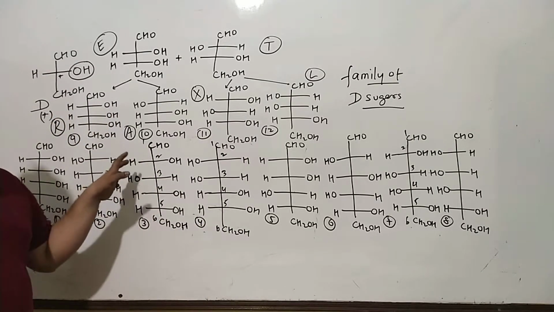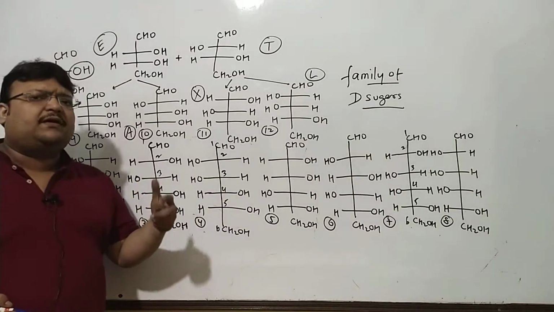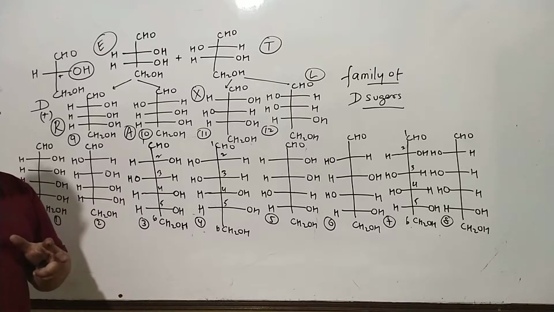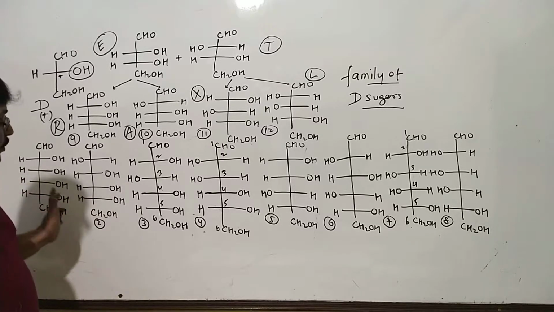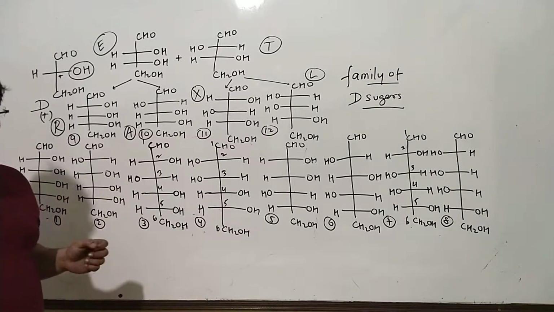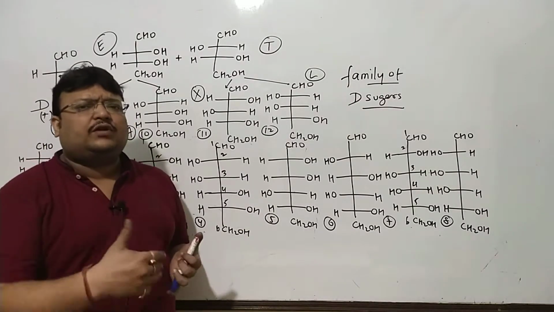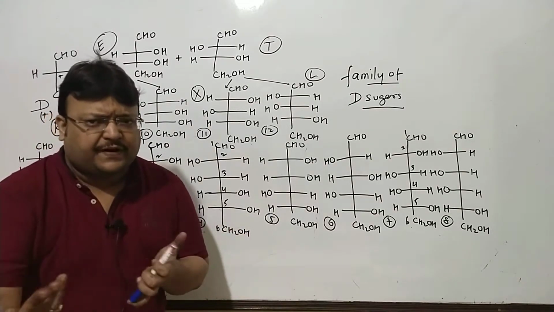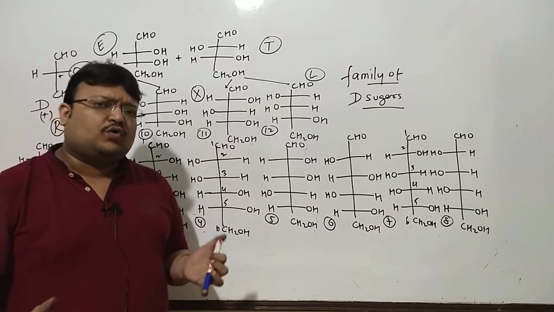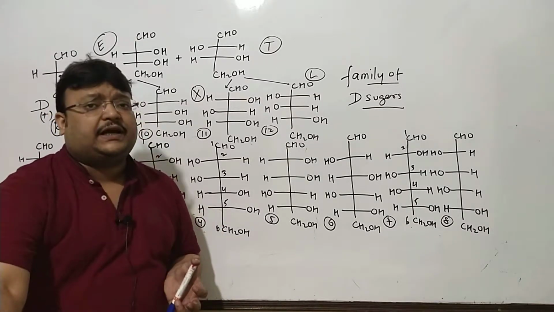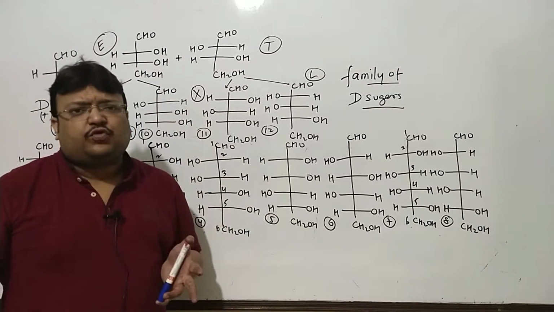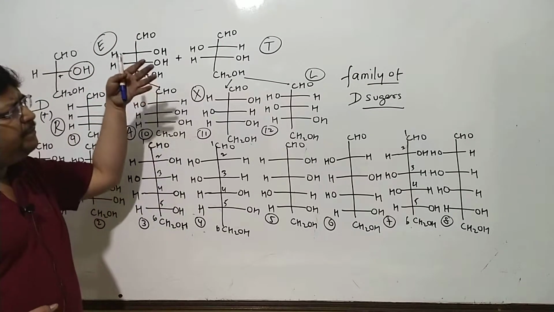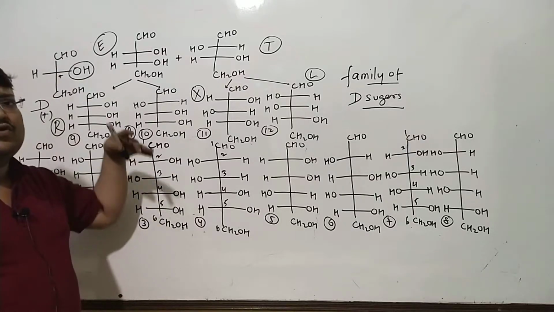So I'm calling them by the numbers and not their names, because so many of them did not have names and were not even discovered by then. So Fischer was predicting or guessing that one of these 8 structures is glucose, and naturally one way was to synthesize all these compounds and match them with blood sugar in human blood, by specific rotation. We'll get to know about glucose having a specific rotation of plus 52.7 degrees. And that entire story, how he could conclude to this structure, although all of them were not discovered, this chart was always there in the mind. This could be always conceived.